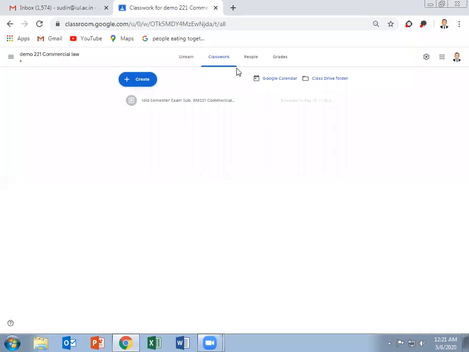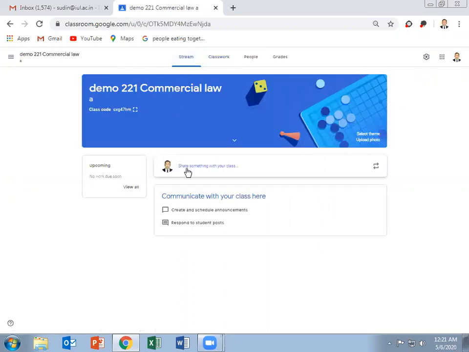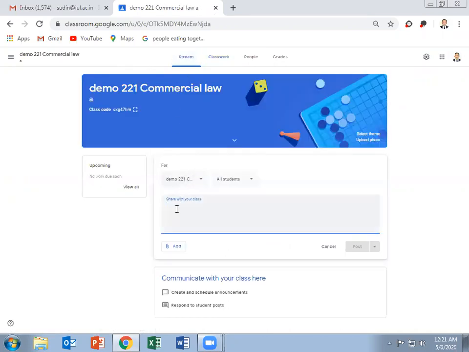Now you have to inform your students about the schedule of the exam, the date and time they have to give the exam. Go to Stream. You want to share the details with your class.